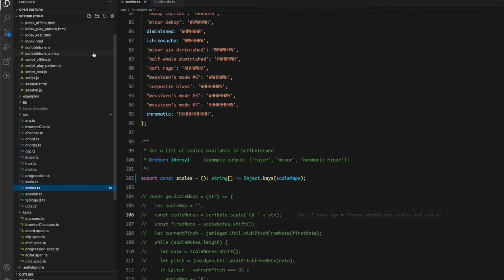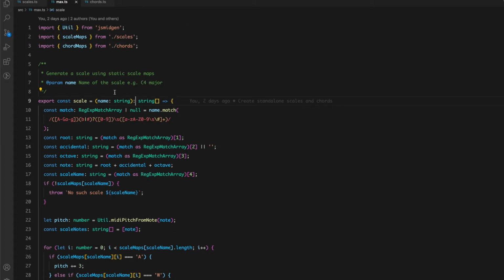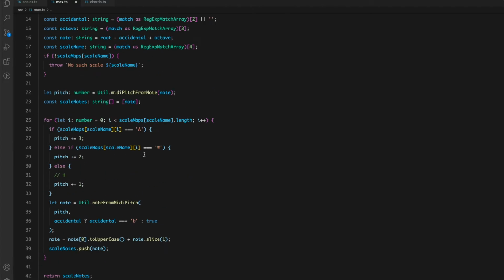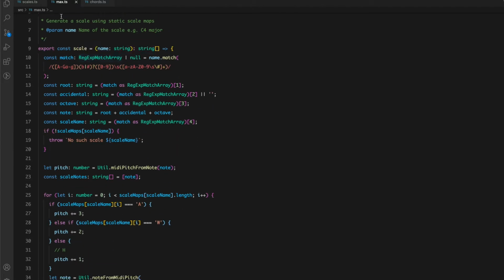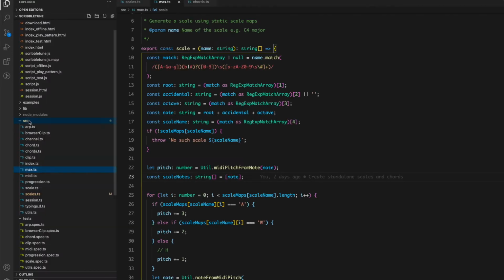And at the same time, what that led to was to create the chord and scale methods within max.ts. That's what we did. And we imported scale maps and chord maps from scales and chords. And then we created the scale method inside max. And now this is like a complete mixing of concerns. So the first thing I want to do is I want to create a new file, and I want to call it,